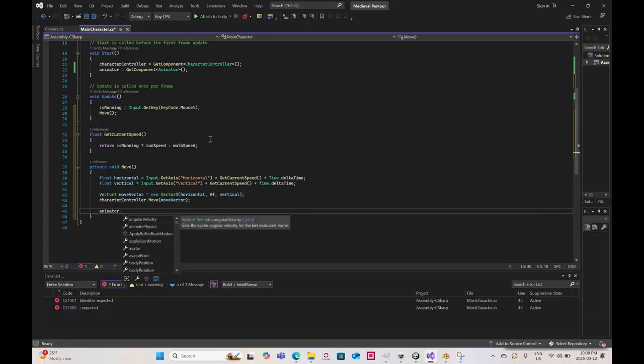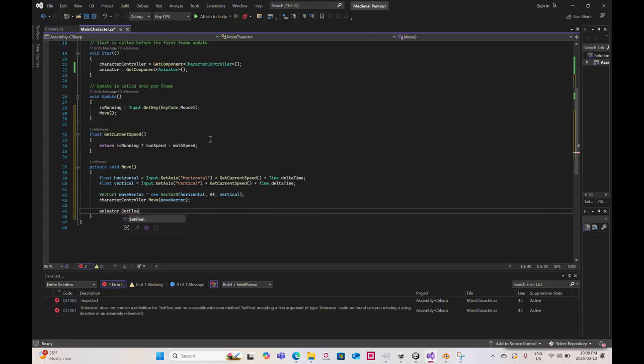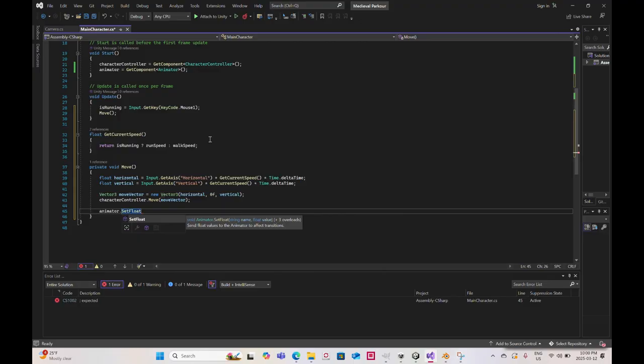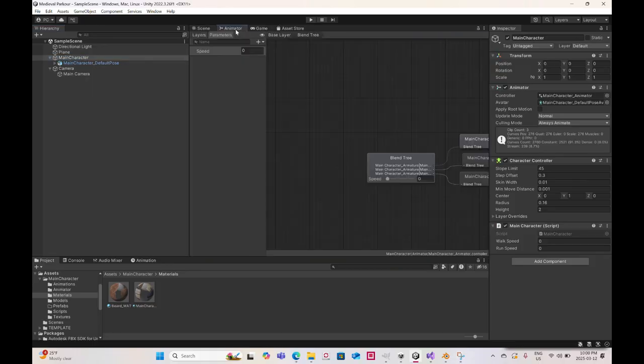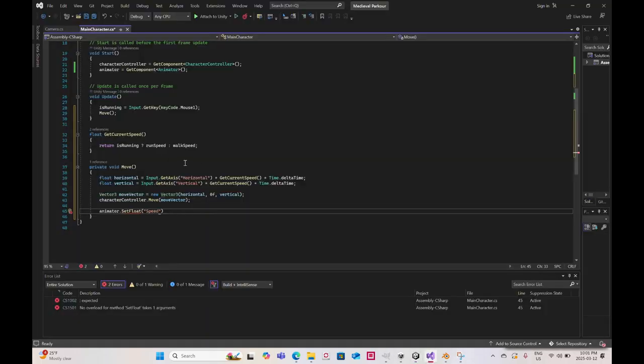animator set float speed. So what this is referencing is in this animator, which is this one, I'm referencing this speed. So if it's 0, it's idle, 0.5 is walk, and 1 is run. So animator set float speed, move vector